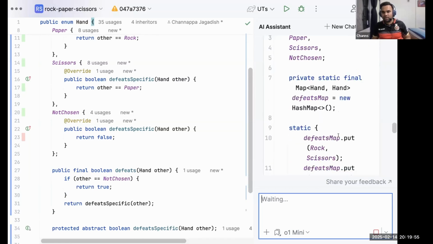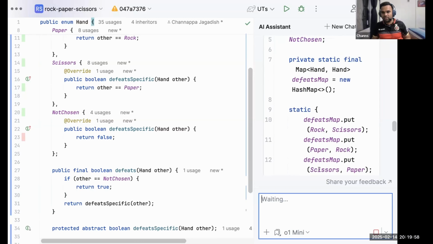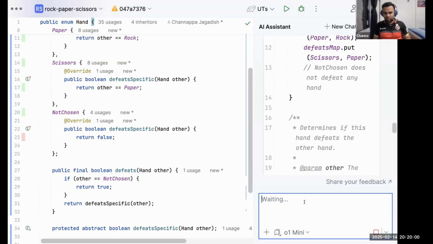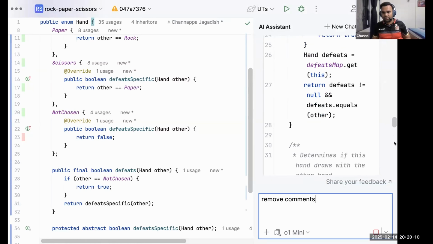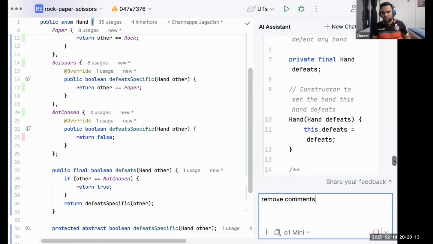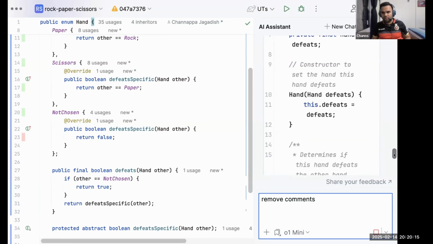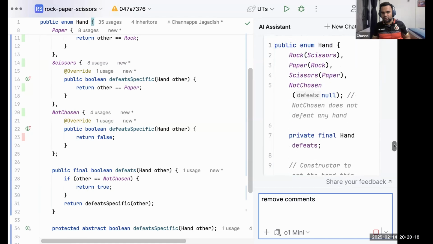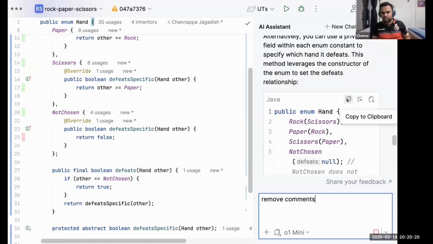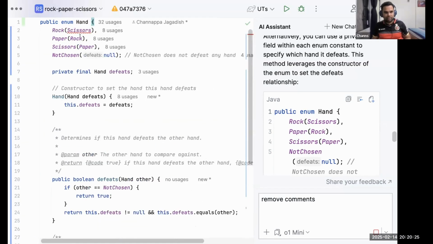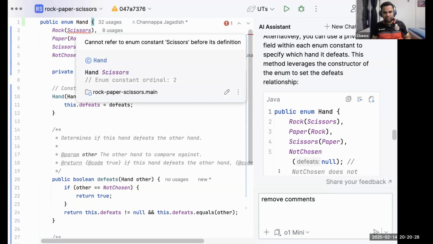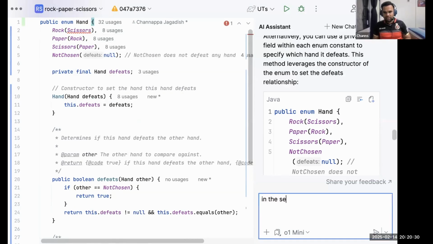Now the hash map. So let's take this, but I don't like comments because clean code doesn't mean comments. So I just say clean comments. Still running. Finish it. Oh, the alternate implementation as well. So, does this work? See, it says a compilation error. So let's say in the second